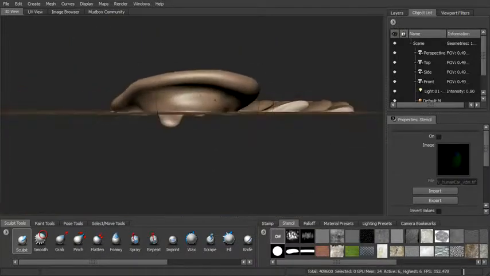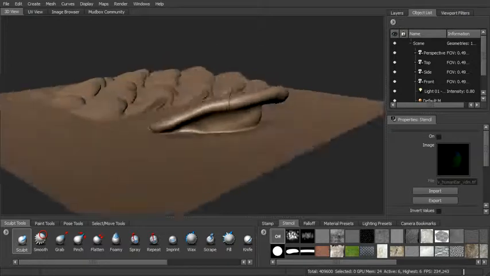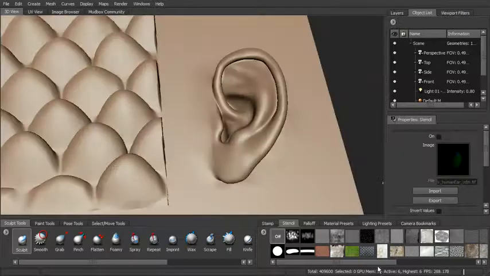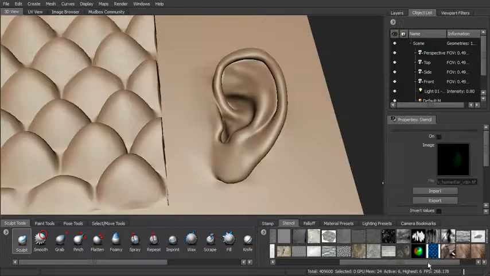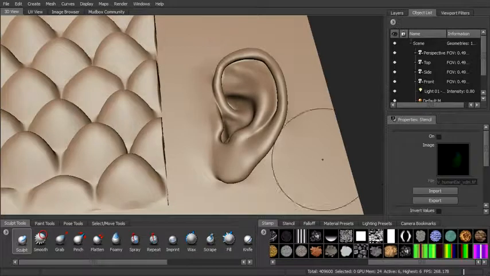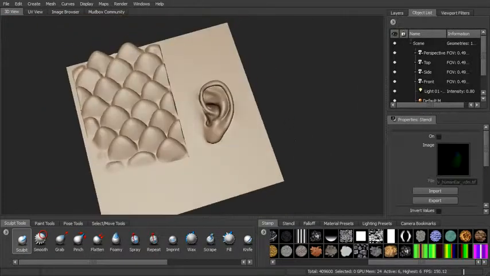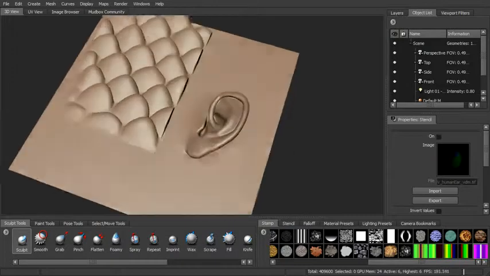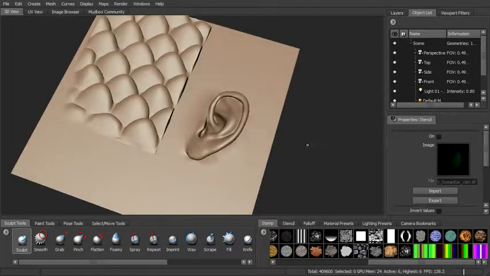All right, so we can see we've got the undercuts, and all of that detail is contained within that vector displacement map. And again, Mudbox provides these two for you, and then also the stamps, and you can create some really nice seams with those. All right, so let's take a look at how we can create our own vector displacement maps from the detail